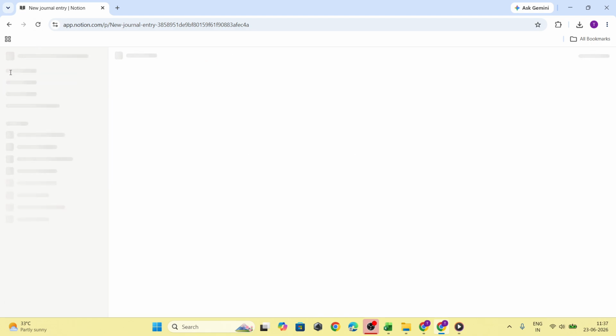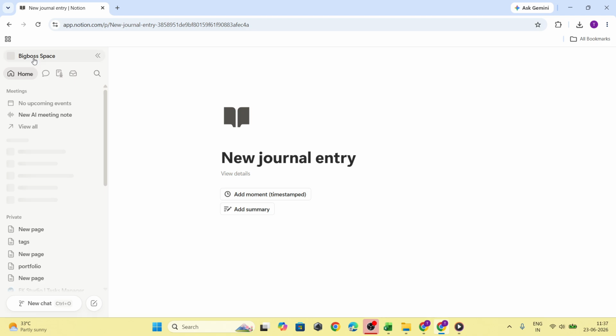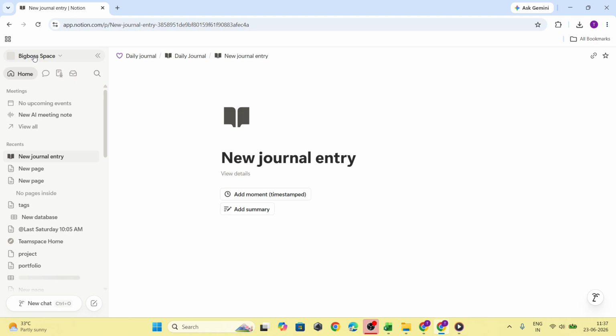And that's all it takes to change your Notion workspace name. As a quick tip, make sure you choose a name that's clear and recognizable, especially if the workspace is shared with other people, since that can make it easier to identify in a